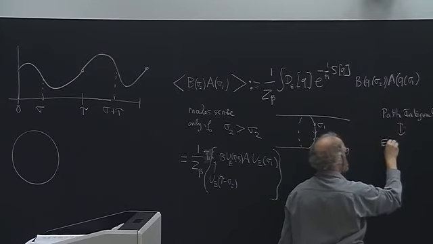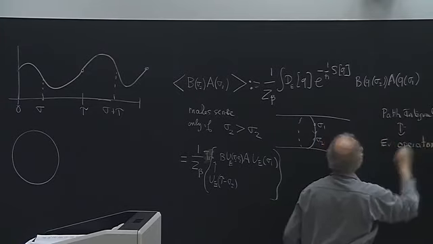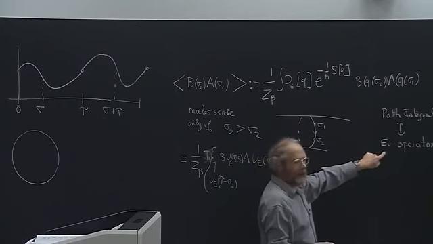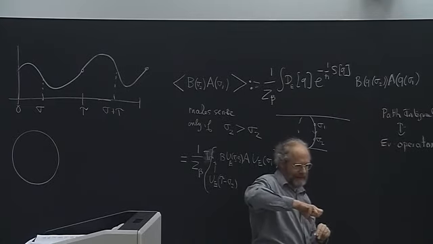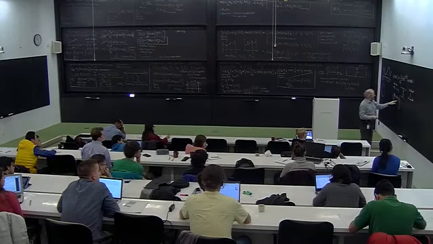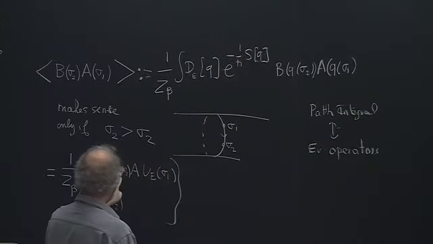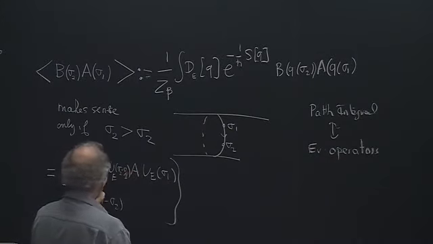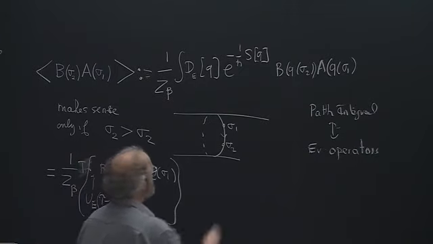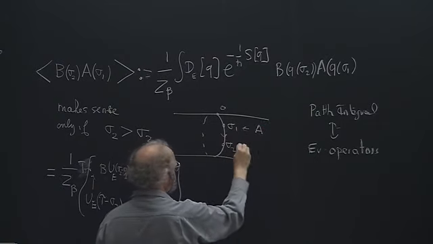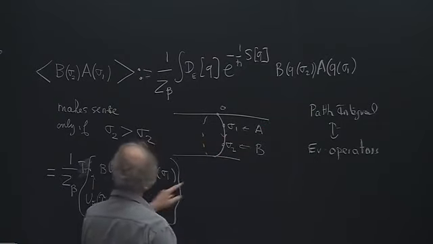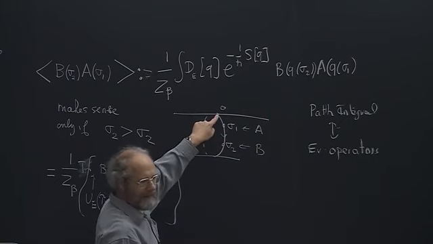and evolution operators, and since this is a path integral at Euclidean time, we are considering the Euclidean evolution operator. This object, if I unwind the dictionary I did before, you end up with this matrix element, trace of UE of sigma 1 times A times UE of sigma 2 minus sigma 1 times B times UE of tau minus sigma 2, because I go from the origin to sigma 1, I insert A, I go from sigma 1 to sigma 2, I insert B, and then I continue to hand back another trace. But I can also make sense of that path integral if sigma 2 is smaller than